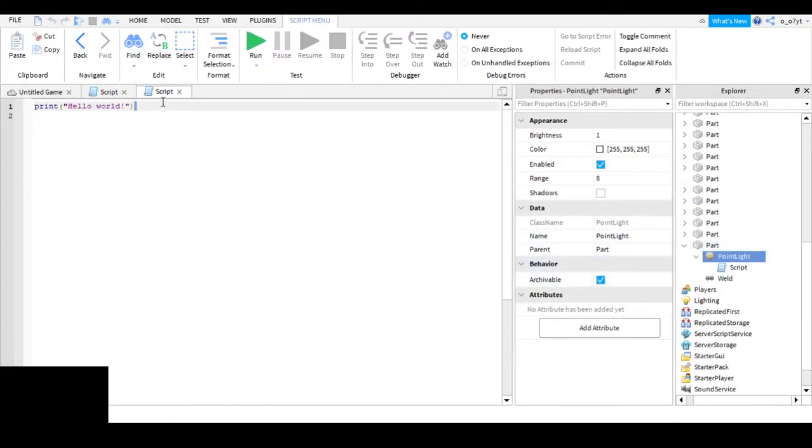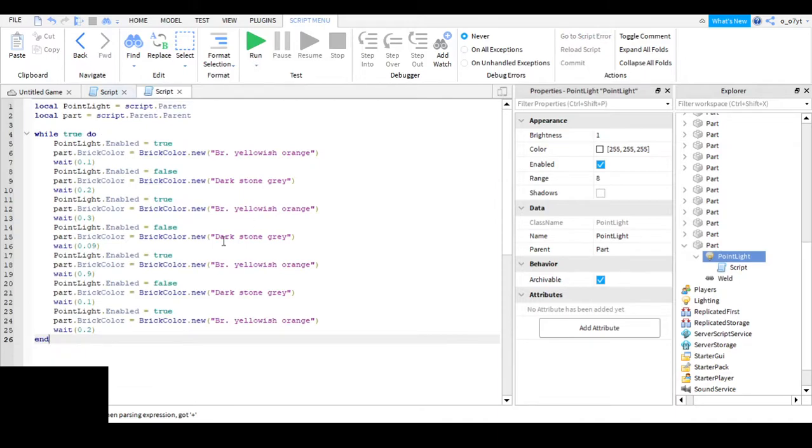The script will be in the description, but let me go get it. I am back with the script. So this is the script you're going to be needing. However, you can change these little ones here to whatever number you want. So I might change this one to